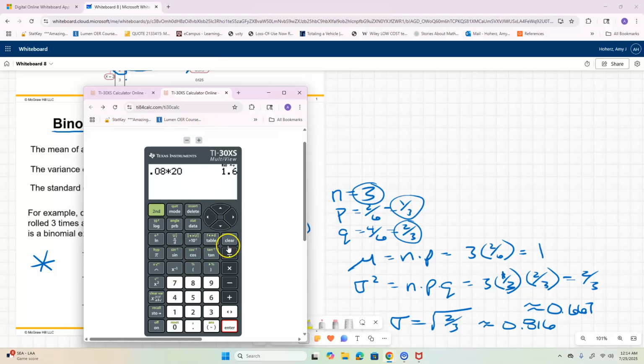So we've got 3 times 1/3 times 2/3, and that's where we got our 2/3 as our answer. And then if we want to switch that to a decimal, we get 0.666 repeating. And then if I want to find the standard deviation, I do the square root